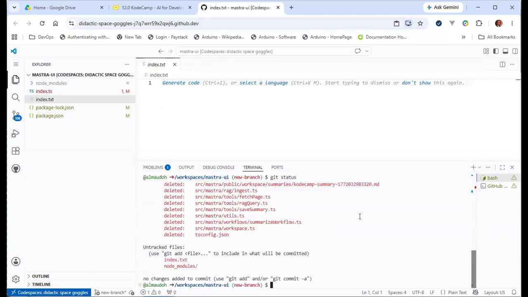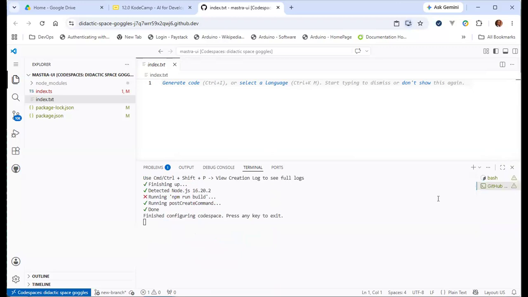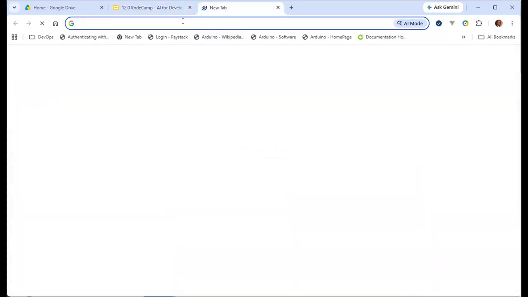I can type in the terminal, but I cannot type in the code area for some reason. Let me restart the codespace.